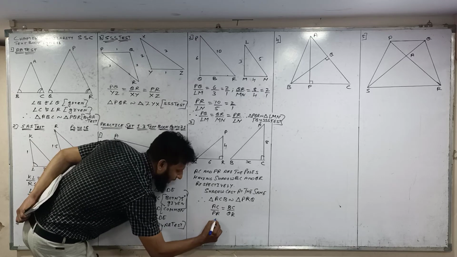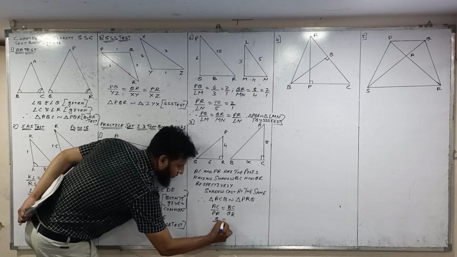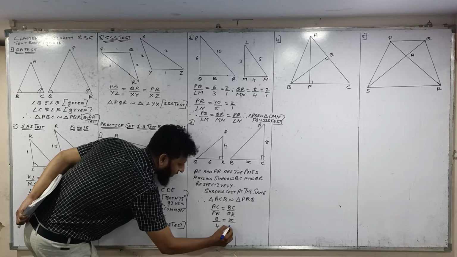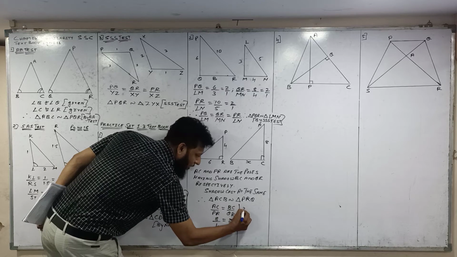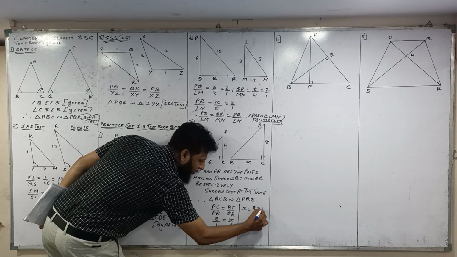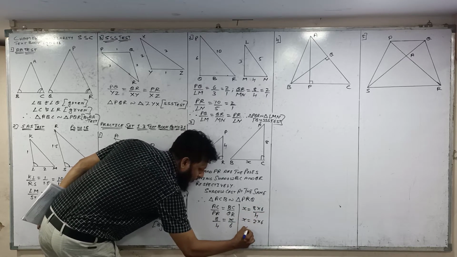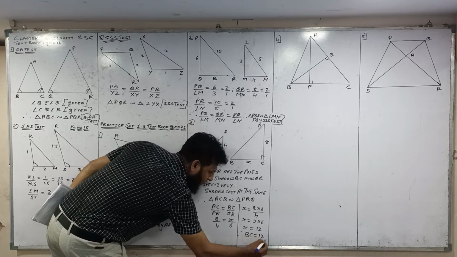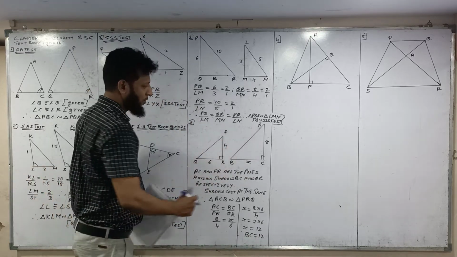So the value of AC is 8 and PR is 4. BC is X, QR is 6. Okay, so now we'll cross multiply. X is equal to 8 multiplied by 6 over 4. X is equal to 2 into 6, since 4 ones are 4 and 4 twos are 8. X is equal to 12. Therefore, BC is equal to 12. So the shadow of the larger pole is 12 meters. Okay.